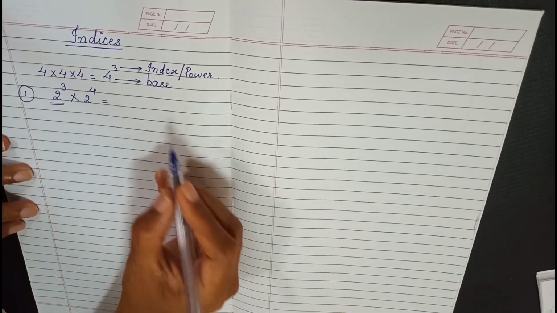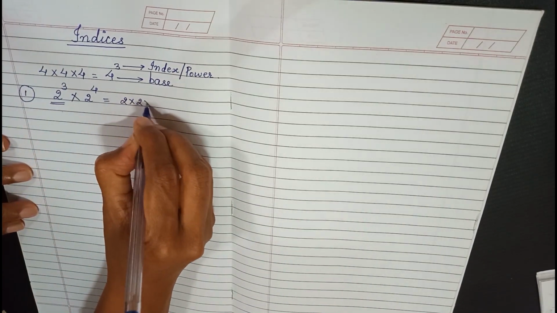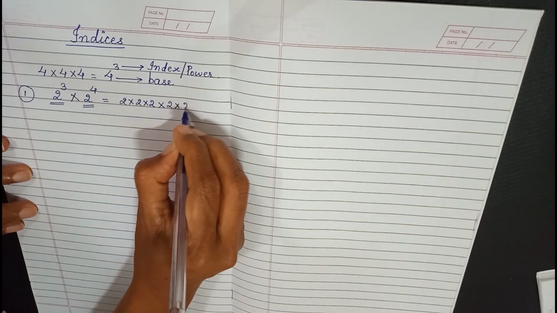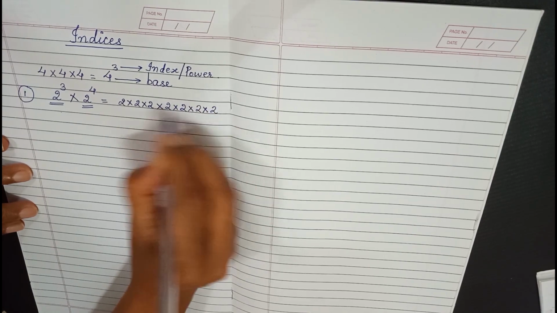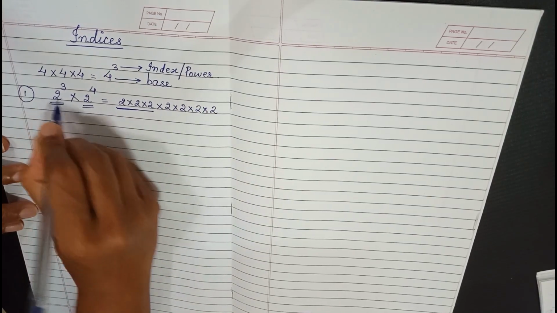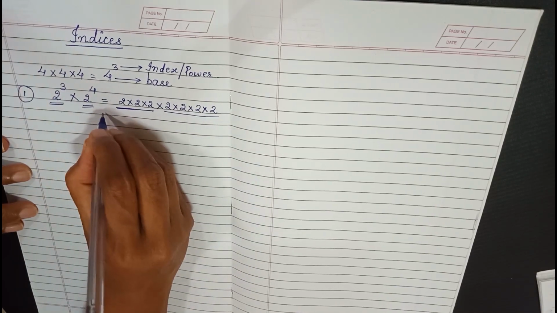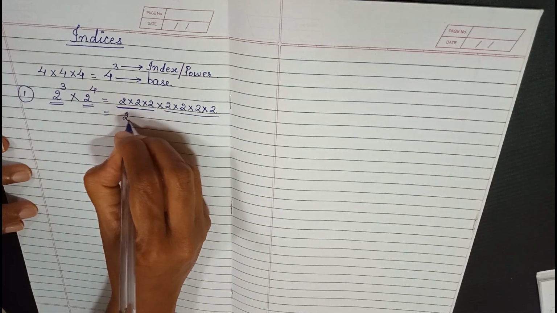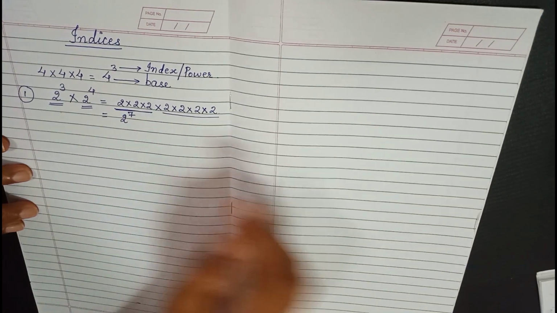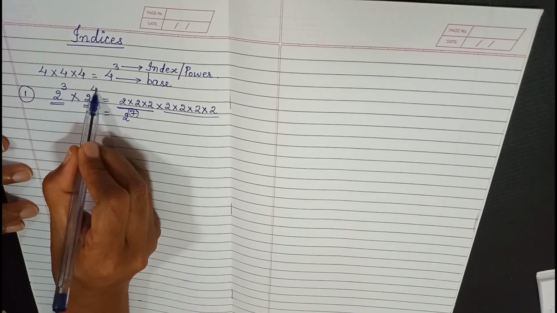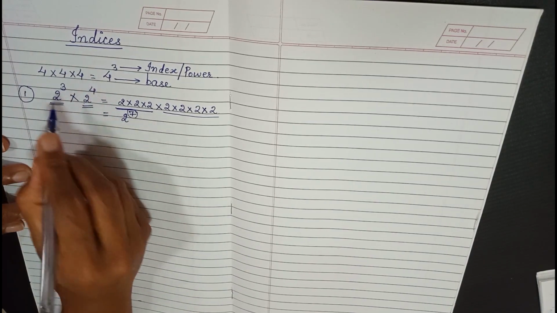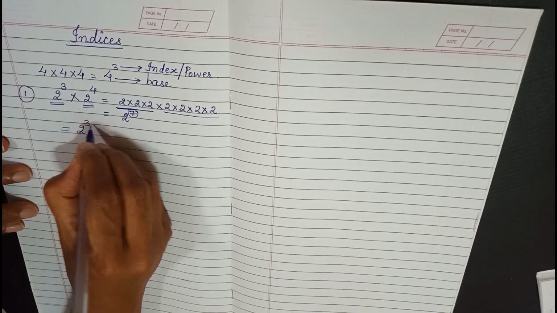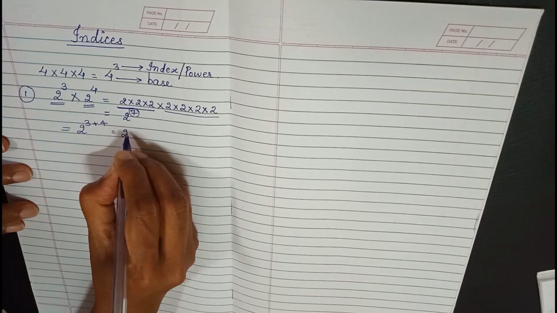Now this number 2 raised to 3 means that I have to multiply 2 3 times, and 2 raised to 4 means I have to multiply 2 again 4 times. So you can see this is from the first expression and this is from the second expression. The total number of times is 7. So we get 2 raised to 7. You see how we get 7 is by just adding these two powers of 2. That is, 2 raised to 3 into 2 raised to 4 will be nothing but 2 raised to 3 plus 4, which is 2 raised to 7.